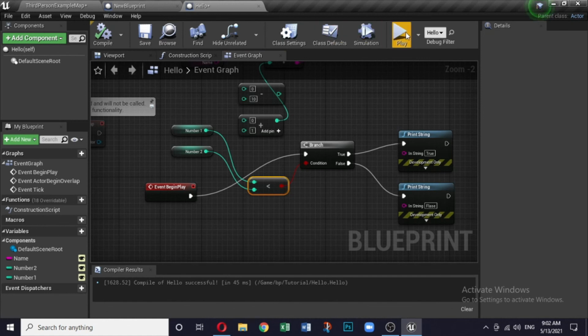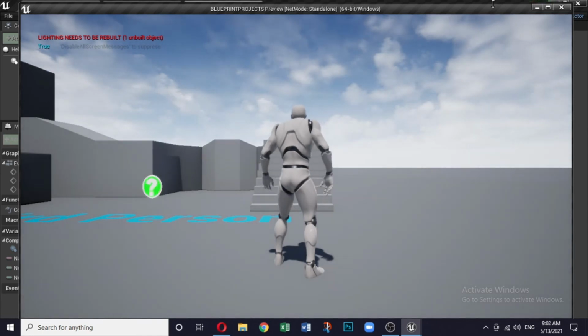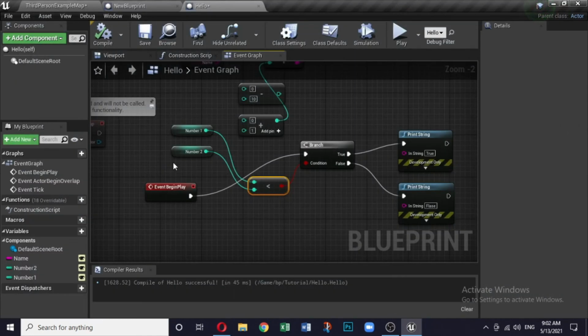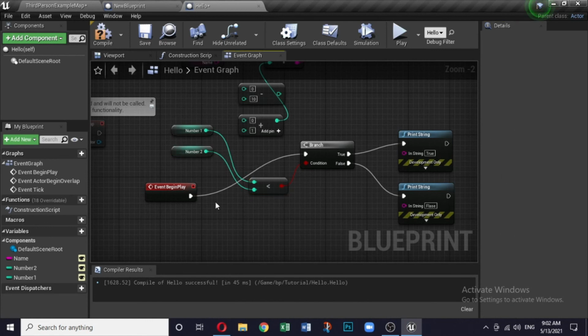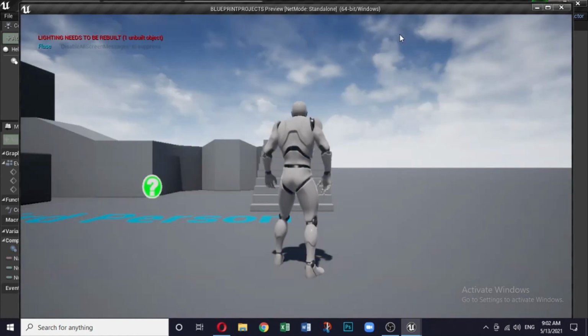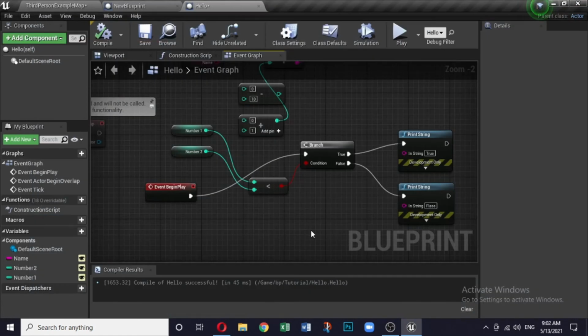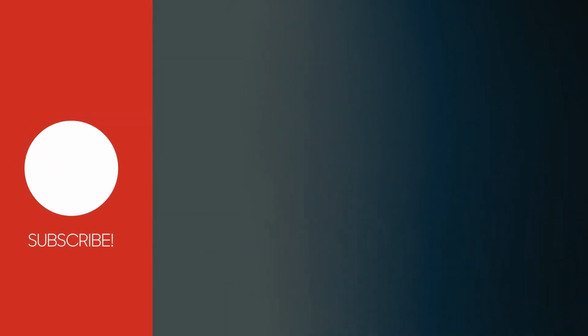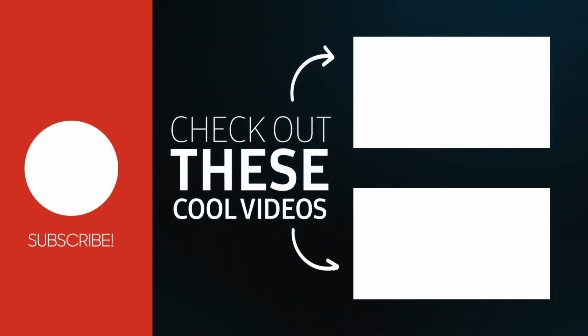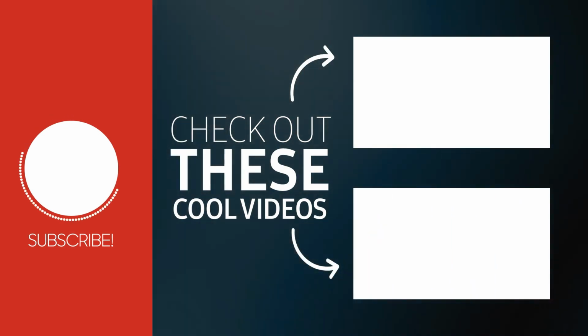Compile it again. So the equation is 5 is less than 10. Ideally it should come as true. It is true. Again go back. Let us assume you make it 2. So what happens is the equation is 5 is less than 2. It should be false, and then it should print as false. Compile it, play it, it is false. That's very simple. So any equation you want to have, you can check this. Hopefully this series will be able to help you to develop your own mechanics and system, and will help you to know how to use the Unreal Engine blueprint system.